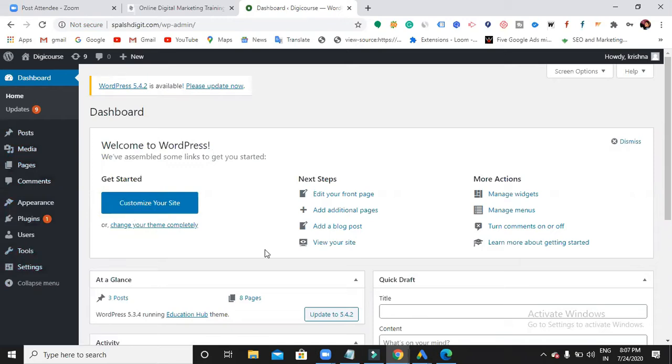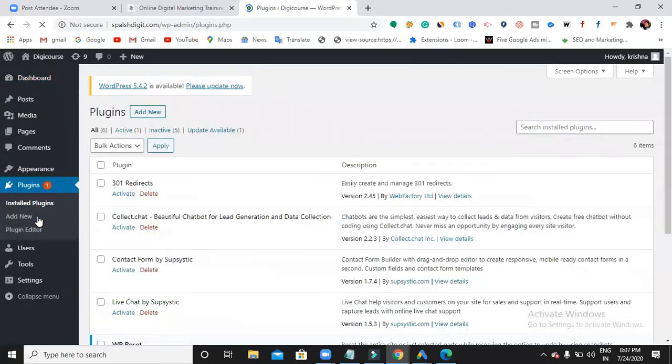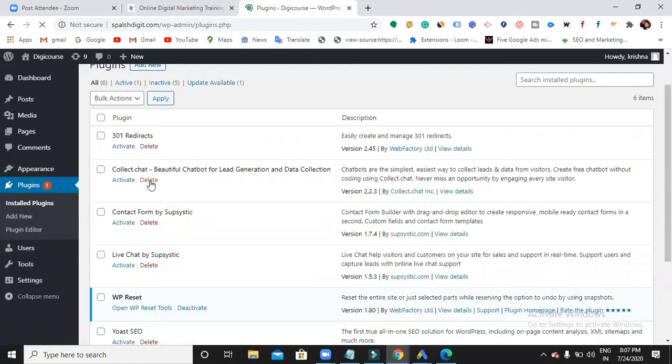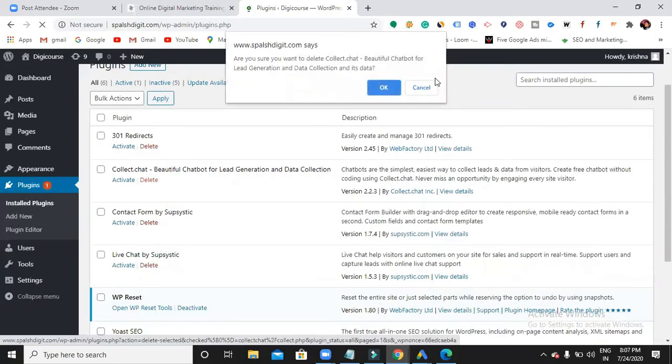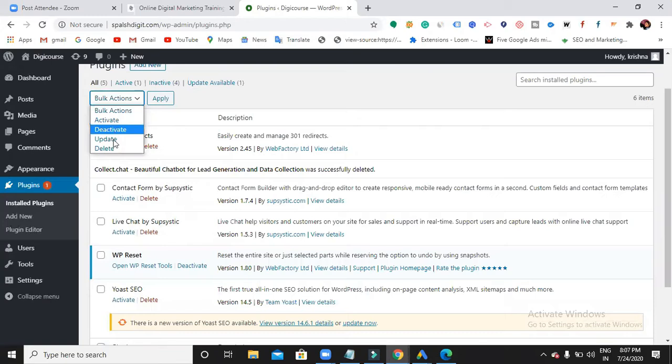If I want anything extra, I have to depend on this plugins option. Now I have installed a WP Reset plugin in my website due to this plugin only. So click this. By default I have a few plugins like this. I will try to delete these things.